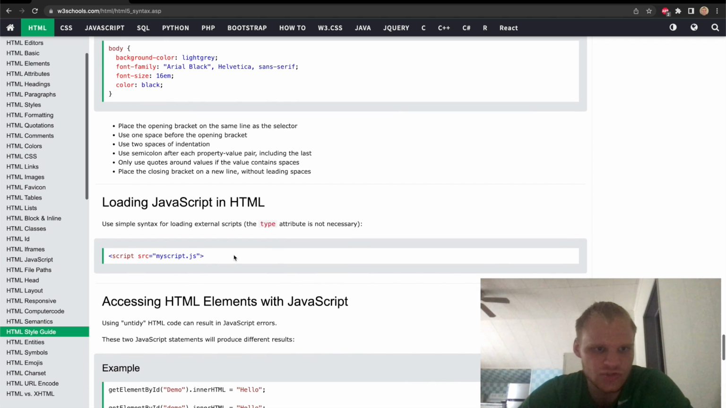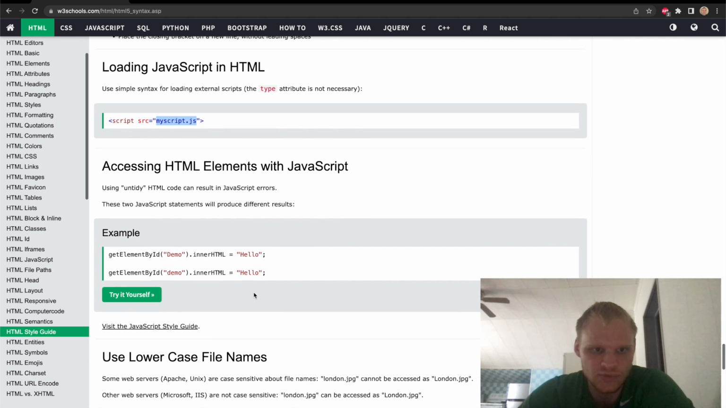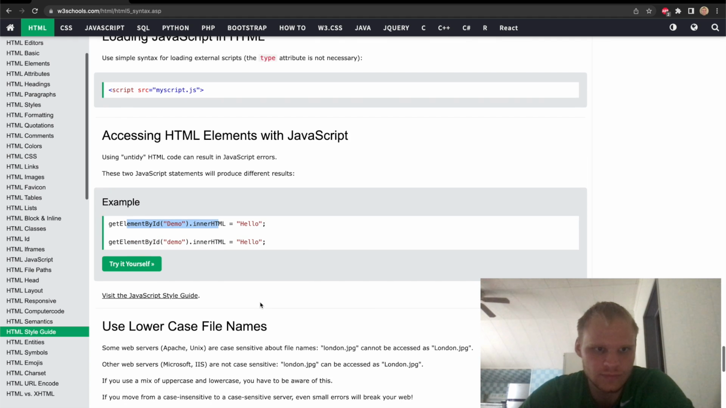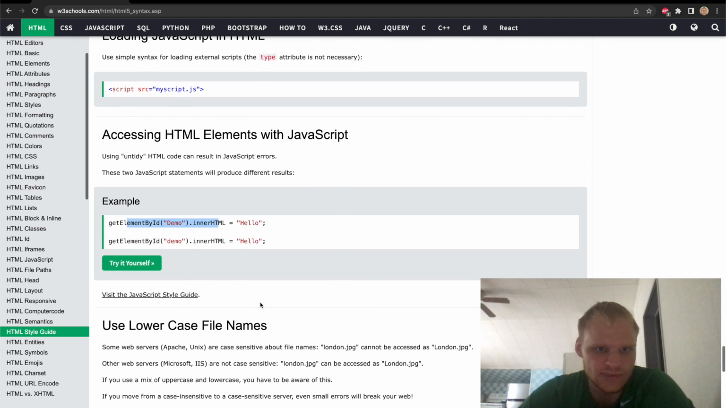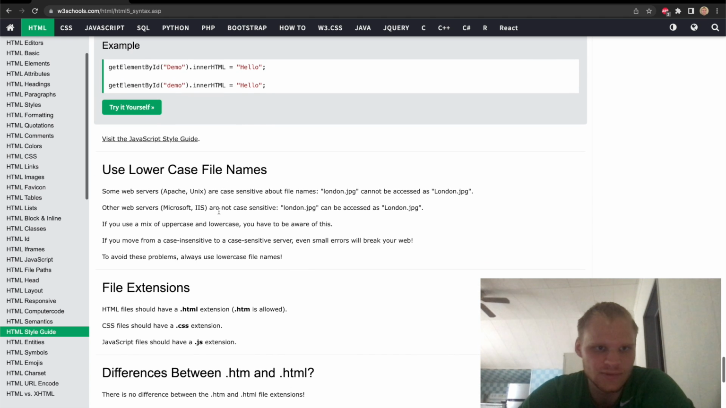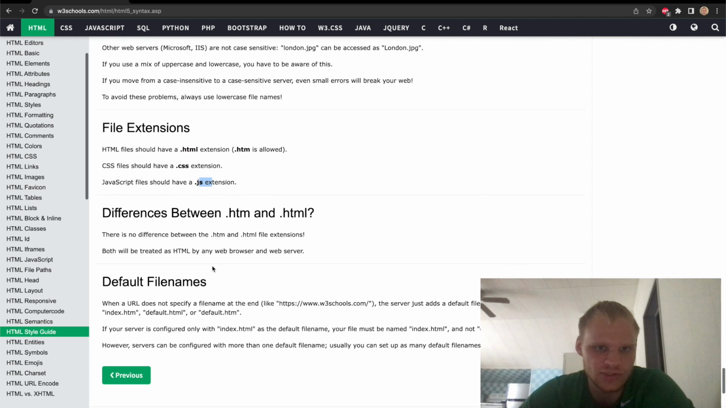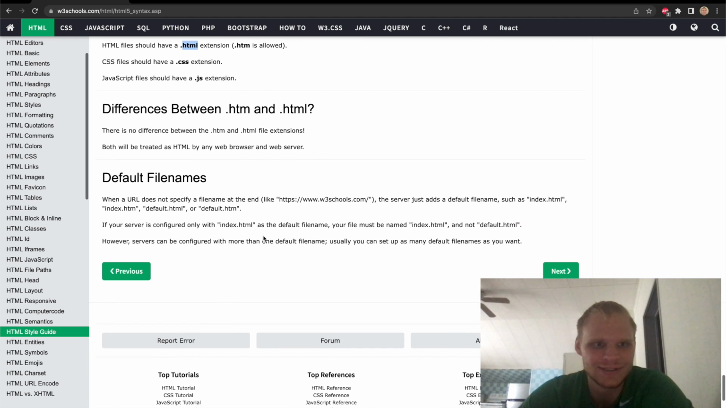Loading JavaScript in HTML. Here we have a script tag that links to a JavaScript file. Accessing HTML elements with JavaScript, like so. They'll produce different results because it is demo versus lowercase demo. Use lowercase file names. File extension should be .html, .css, and .js. Differences between Html and HTML. There are no differences, but we want to use HTML. Please use .html. Default file names,